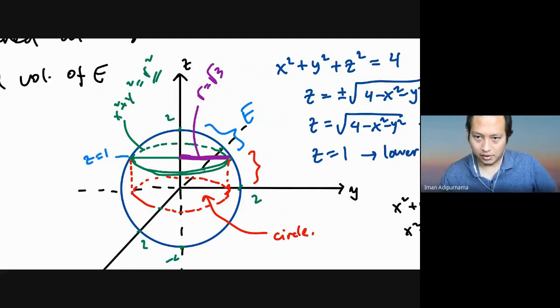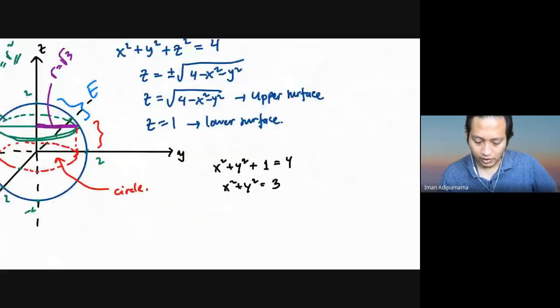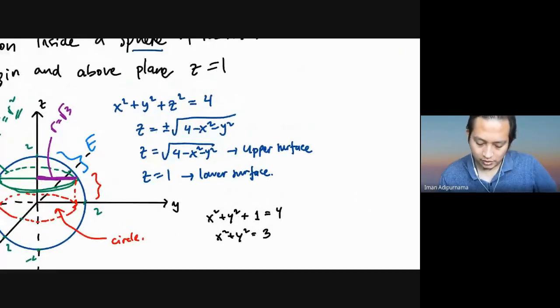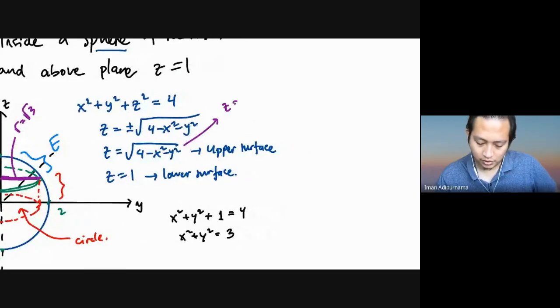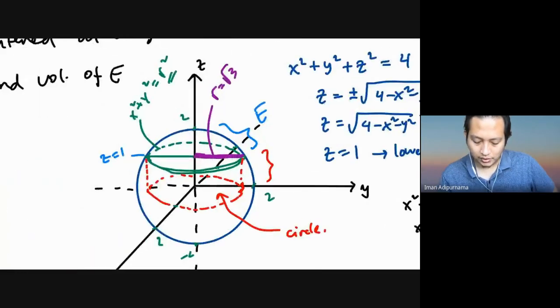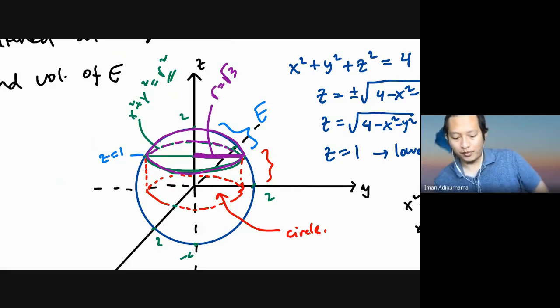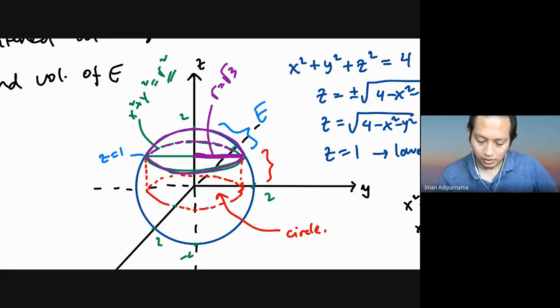And then we can set up the integrations, and then convert this into polar. That is our polar. And then we can see our circle here. That is the circle, because we want to evaluate all this volume, right? So the purple one, we want to evaluate that. So imagine that we're going to look at the circle,